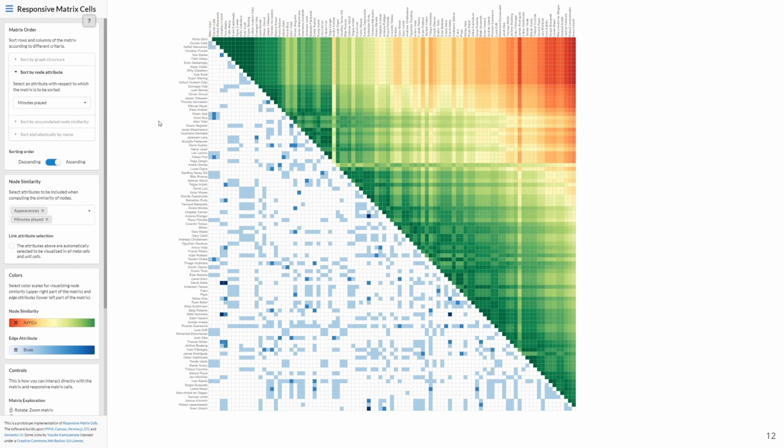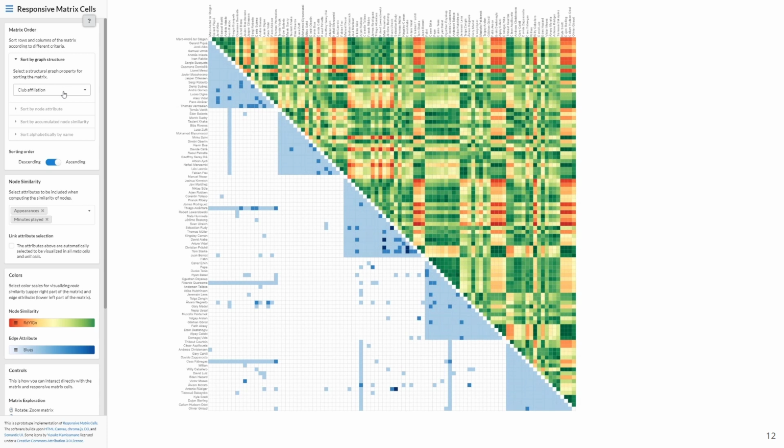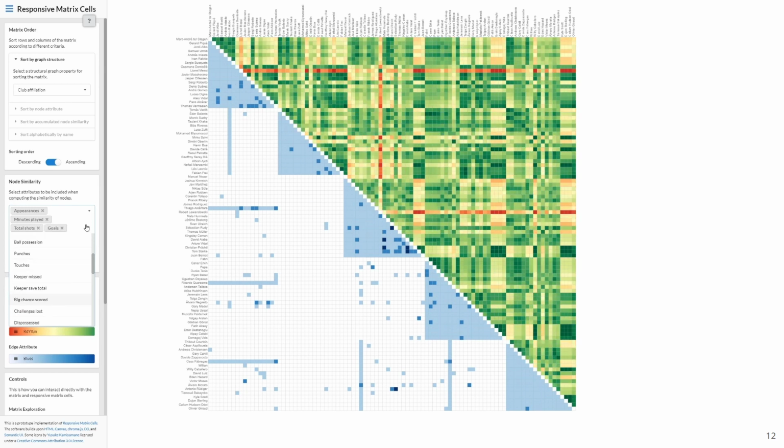The edge weight corresponds to the number of same clubs. Here, we are sorting the matrix by the player's club affiliation and select the attributes, appearances, minutes played, total shots and goals for the similarity calculation. What we can see now is that two players are quite prominently standing out in the similarity part, Lionel Messi